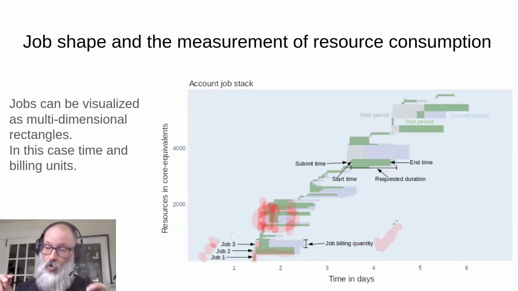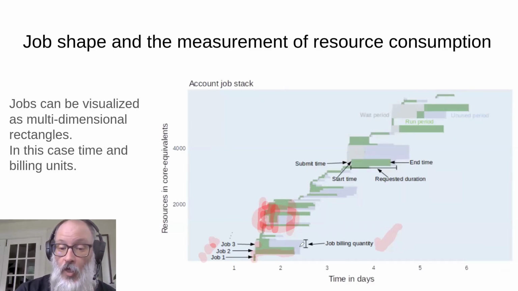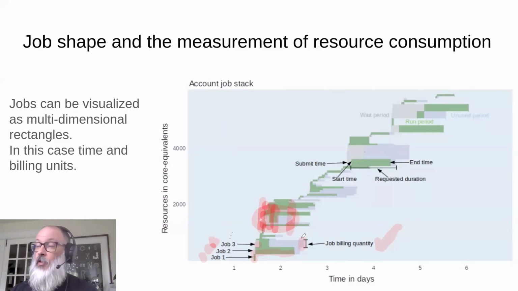What we call that in the scheduler, and the way that this height measurement is used by the scheduler, is referred to as billing. Now, of course, we don't charge anything for usage of these systems, but we bill the reservation of resources to the fair share of the account. So the height of this job is the amount of resources that is basically tallied against an account's fair share